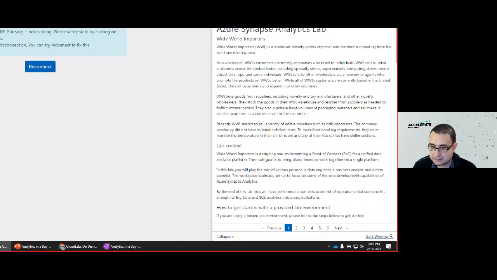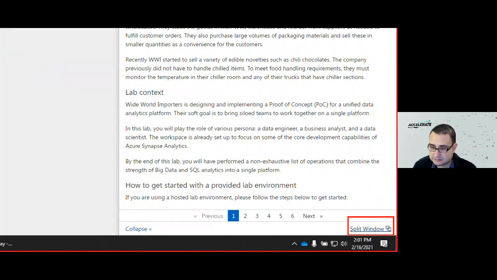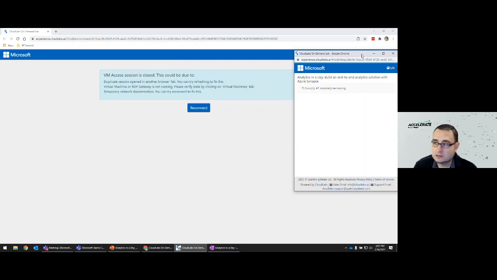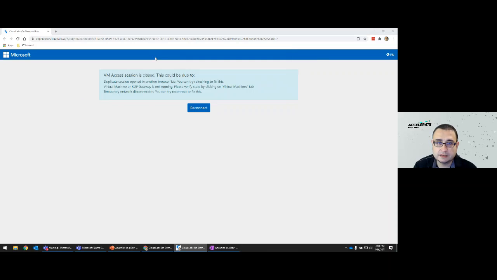Let's see if you can see that. It's right here, it says split window. And I find this very useful. If you have two screens, what I do is I put the Synapse Lab on one side, and I work on my environment on this side. In the instructions, you will see that there's